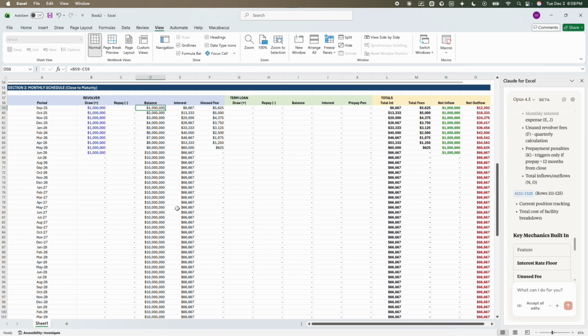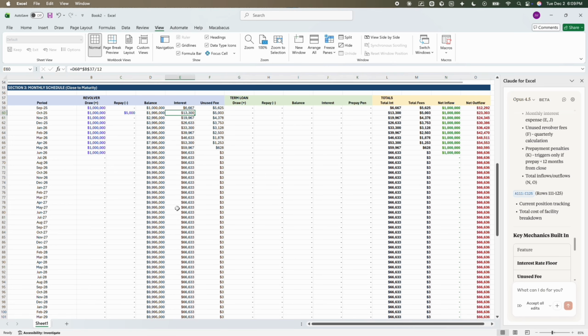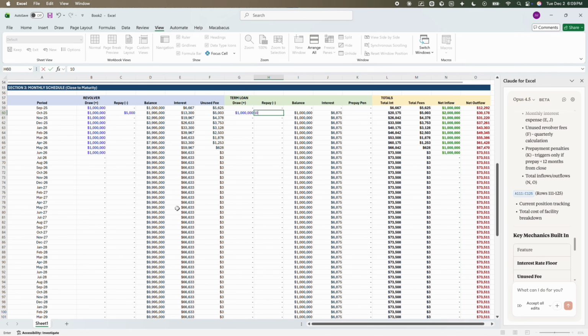Honestly, power users will use both. Claude Code for the heavy lifting and the building, and the Excel plugin for quick checks and working inside existing files. If you want to see either one of these in action on real financial models, I've got tutorials on this channel,